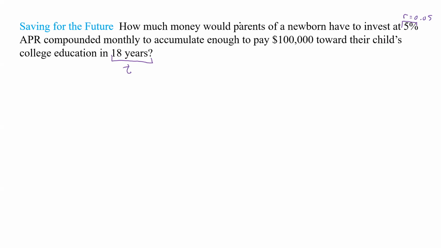And what else do they give us? Well, they give us the future value. So they give us f of t, or f of 18 if we want to put in that 18. So what is left? Well, we're missing the p. And so if we think about that, f of t was equal to p times 1 plus r over n to the nt. This time, we don't know that value. So we can plug everything else in, 100,000, and then that equals p times